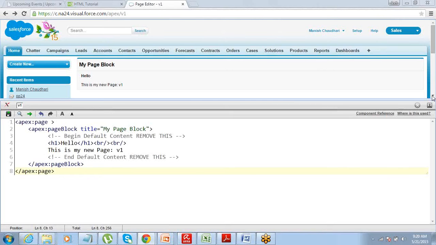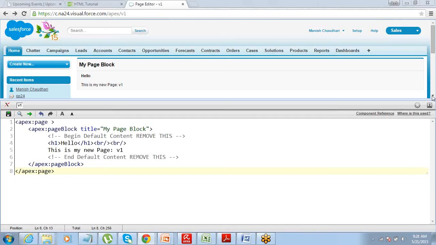If that's a date field, that will come as a date field. Salesforce has taken care of that. There are proper tags in Visualforce for that. We have Visualforce components for calling the fields, and they will be called with their actual data types. So if it's a drop down, or a lookup, or a date field, they will come up with their normal behavior. You don't have to write the code for that.